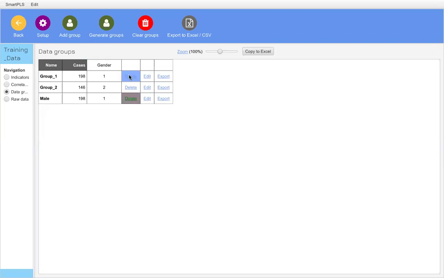Okay. Try this. When you select gender and apply, you should have something like this, group 1, group 2. Are you all there? Yes. Now, if you're there, click edit. Click on edit to open a new pop-up link. Group name.